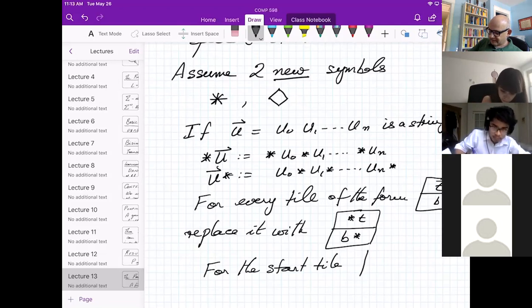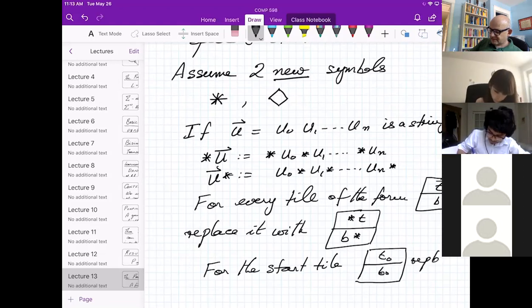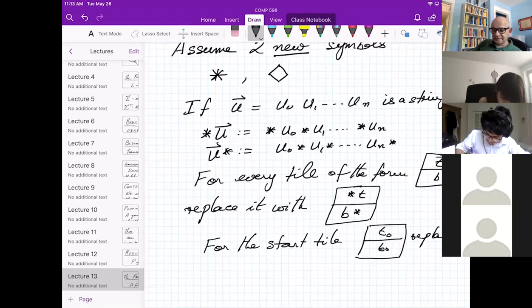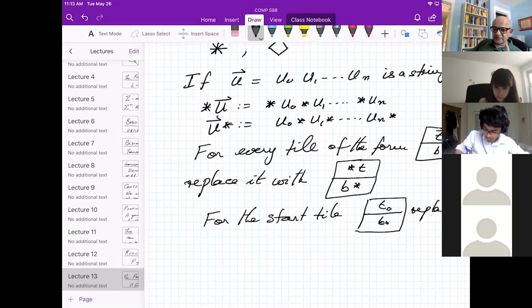So we'll call that T0, B0, replaced with, so it's also been replaced with one of those star T0, B0 star, because you may have used that tile in other places as well. But we'll do one special replacement.